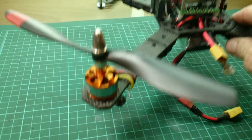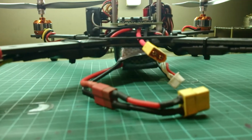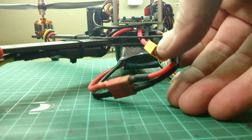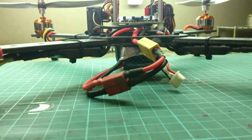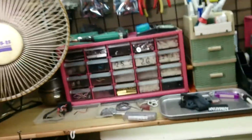So how about I just connect the battery on this, give you a bit of an idea how this flies, give you a bit of an idea what I'm talking about here. Let's connect that on there. Alright, let's have a look. It's the evening now, it's about 11:30 at night, so no outdoor flight on this one today, but you'll get an idea of how stable it is